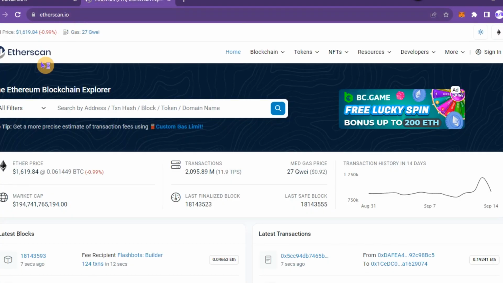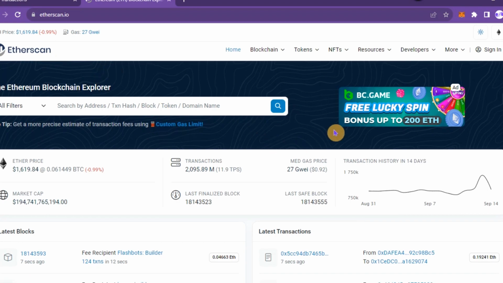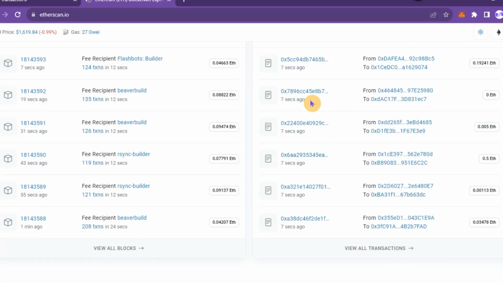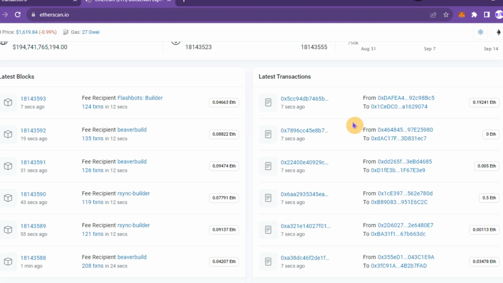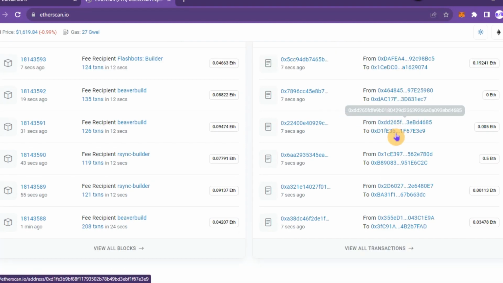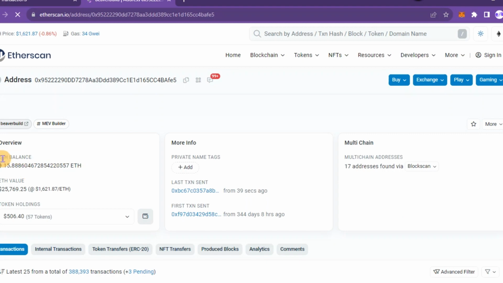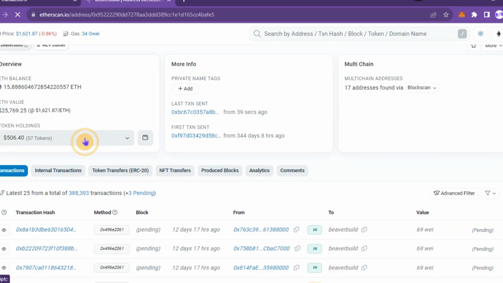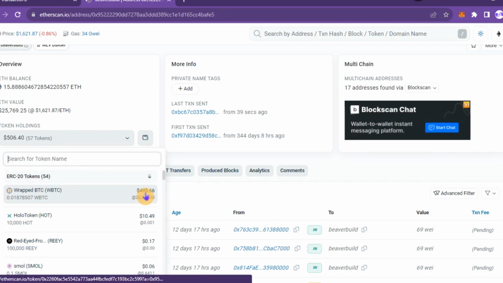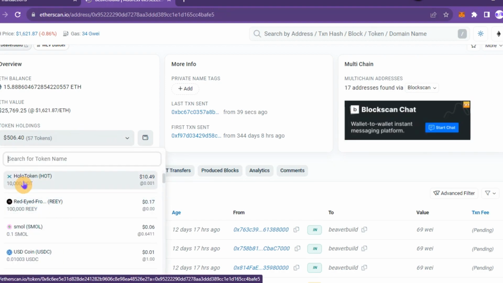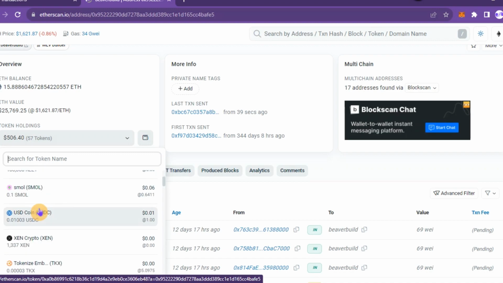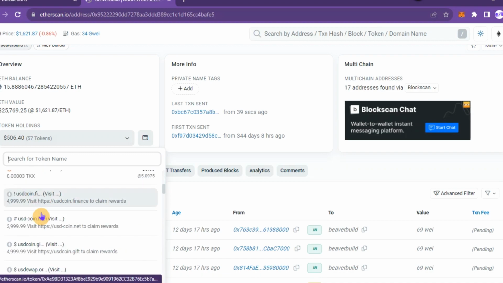Obviously Ethereum is Etherscan. So if we go and look on Etherscan, you can see here the latest transactions. So these are all wallet addresses. So let's just pick a random one, bit of a lottery here, see what happens. You know, this is half an ETH. Let's say he's got 15 Ethereum in his wallet at the moment. He's holding 57 tokens. What's he got? $500 worth of wrapped Bitcoin, some Holo, some USDC,